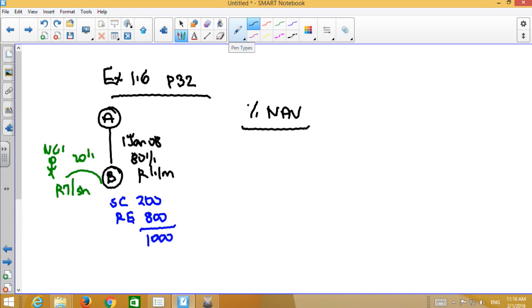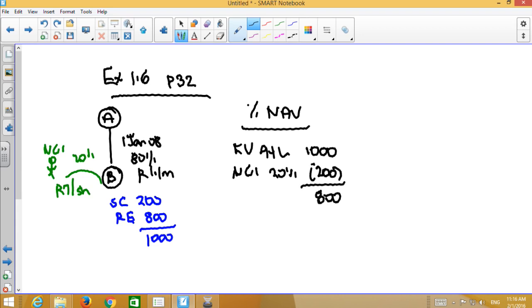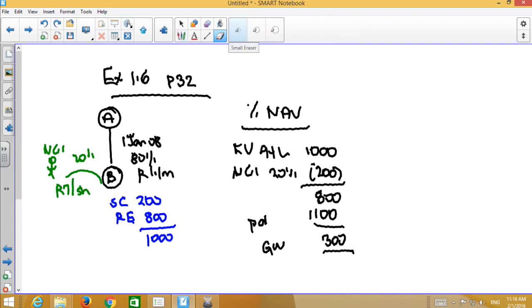So if I look at percentage NAV, then I start with fair value, assets and liabilities, $1 million. I'm going to just work in thousands. Then I say NCI is 20%, 200. I'm left with 800. I paid 1.1 million. I have goodwill of 300. Easy, right? It's what we remember doing from second year. Okay. Now, at third year, they may say to you in the question that